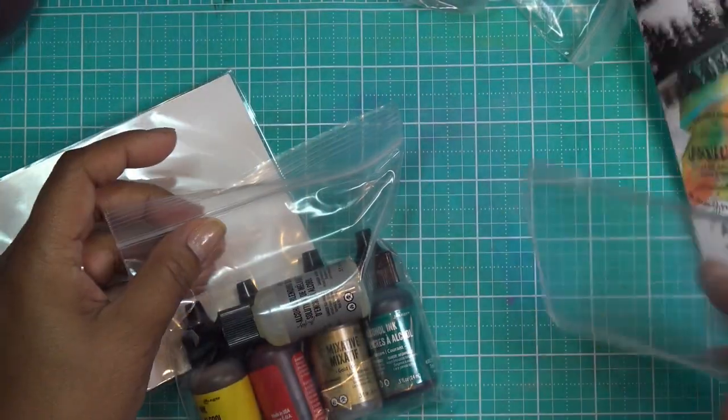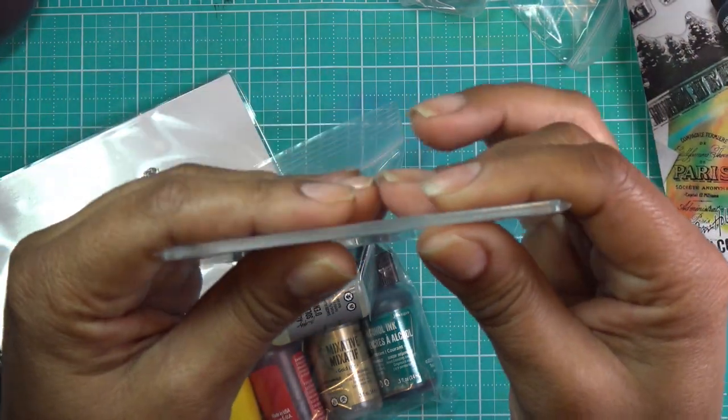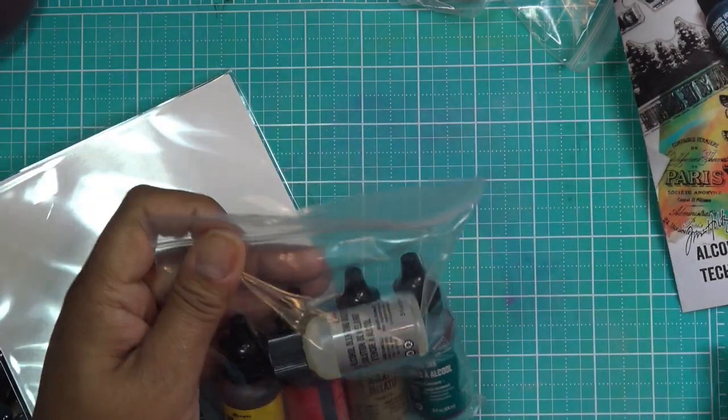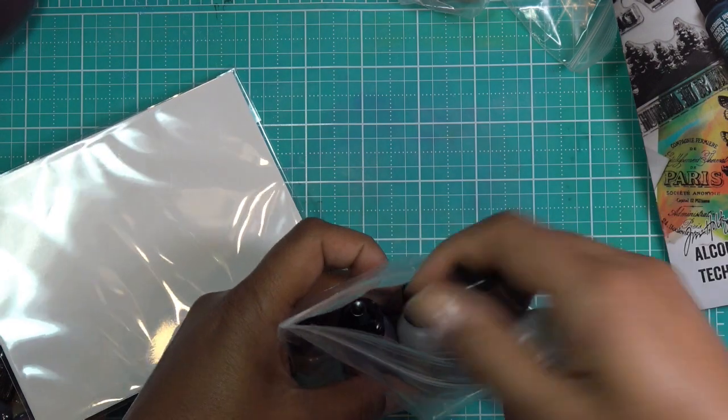And then we have a stamping block, which is kind of nice. I mean, this is the thinnest. This is thinner than even the ones that come in the Dollar Tree, those dollar section ones. But maybe you can do other things with it. What I think is cool is that it does come with a couple of the things that you would need